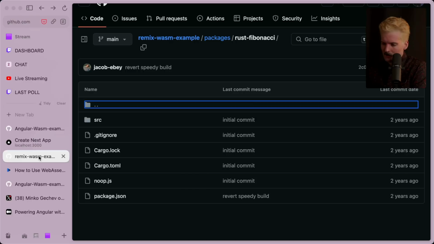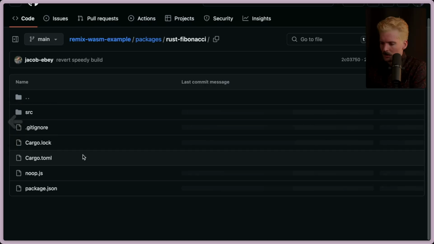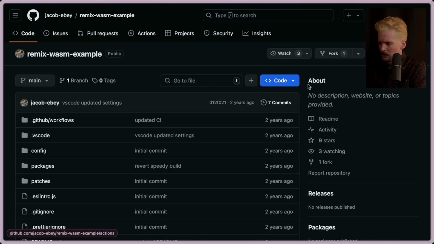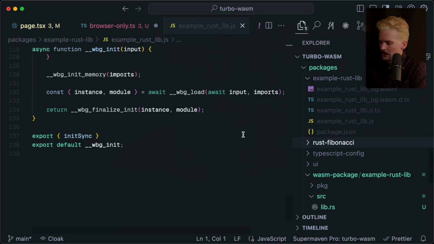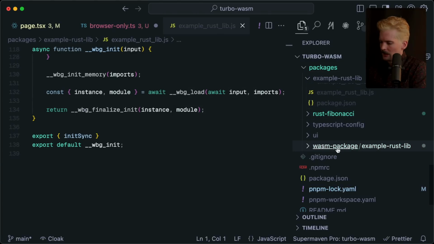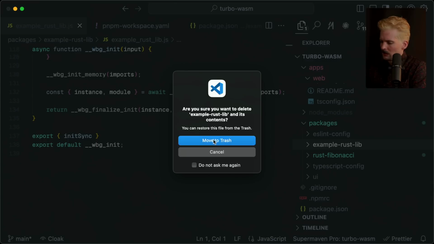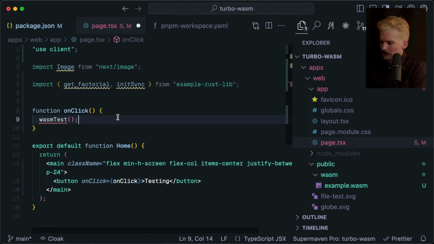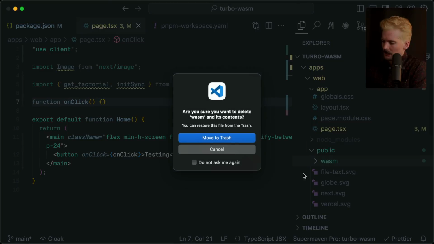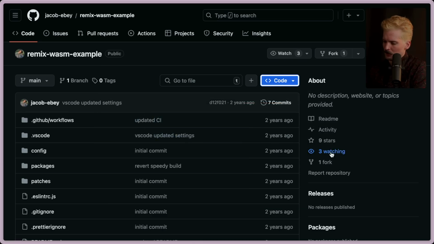Okay, let's take a look at this Remix thing again and see how they're handling the packaging of this. I think I'm just going to yoink this and use that as a starting point. Download, paste. I'm going to delete all the other things I have in here because they're all cursed. Delete, delete. Browser only, honestly, I can delete that too. Delete that, and get rid of the WASM I have there. And theoretically, I should be able to